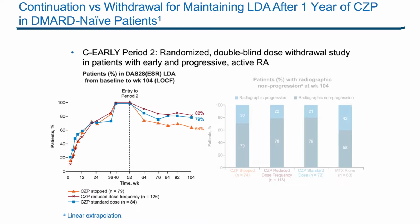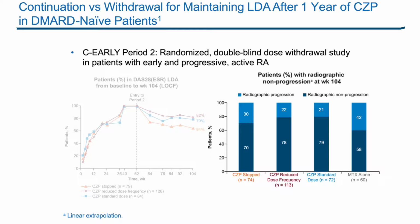By the next 52 weeks, about a third of patients fell out of target when you discontinued the biologic. Looking at the glass half full, the dose reduction group does not really look palpably different than those that kept on the same dose. There's not much enthusiasm for eliminating the dose, but there is growing enthusiasm for reducing the dose. If we now look at the effects on radiographic progression, there's really not much difference between stopping, reducing, or continuing the standard doses, so this is making us feel pretty good, whereas methotrexate alone, by extrapolation, is progressing at